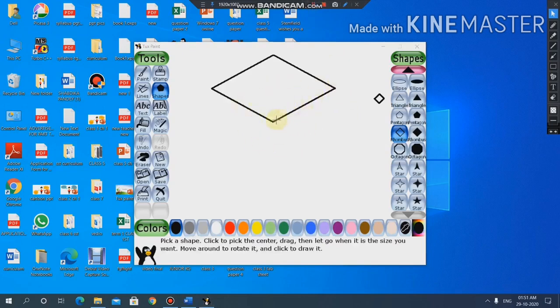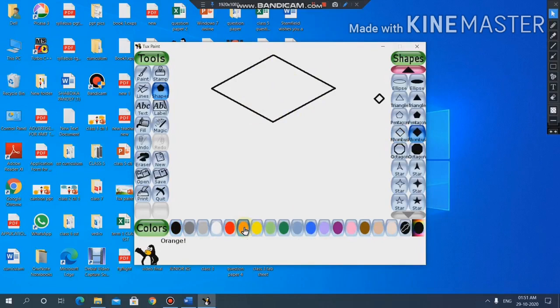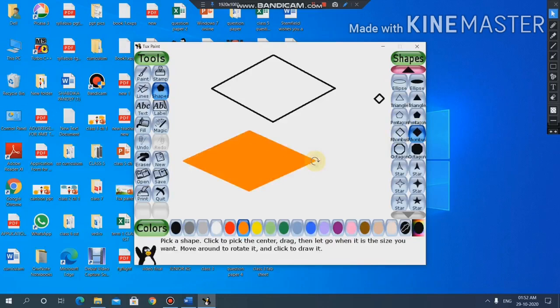Now one thing you have to keep in mind, that this one is an unfilled rhombus. But if you want to make a filled one, you can select this part, this filled one. For that, you need to select one color. Like I'm selecting this orange color and selecting this rhombus. After that, I will make it. Look, I can change the size, and now it is done. After clicking, we have made an orange rhombus here. Now children, we know how to make shapes, filled and unfilled.